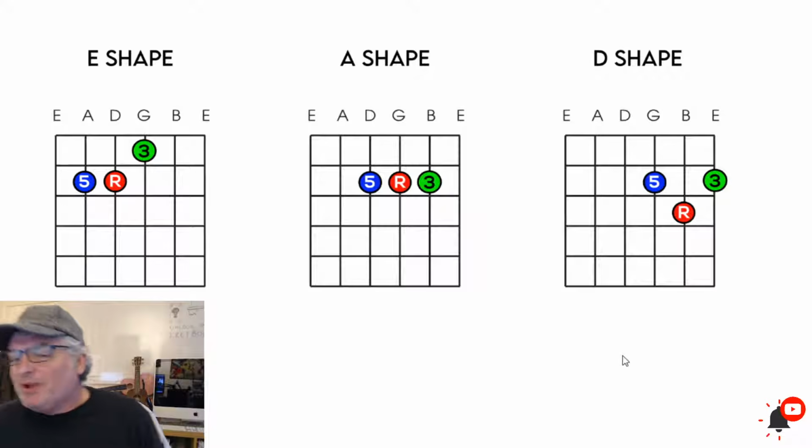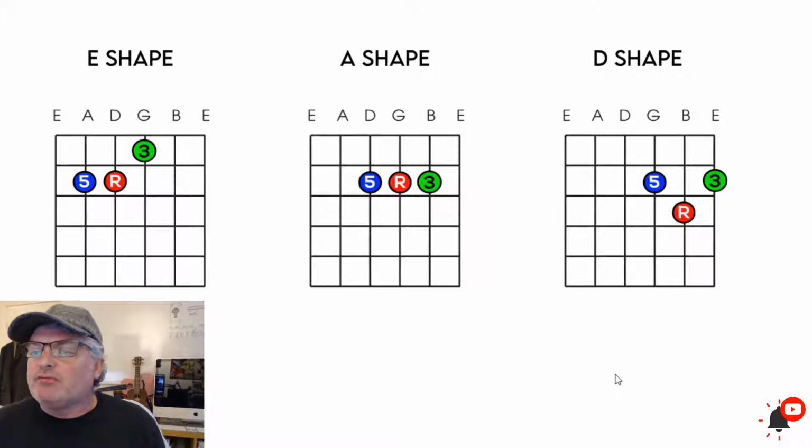And it ties in with CAGED. It just makes so much sense, guys. So that's what we're looking at today. We're going to be using this 5R3. I'm going to go through 3 shapes, and I've queued some graphics up for this lesson today, as I usually do. So here we have the 5th, the root, and the 3rd, and this is what I talk about as being